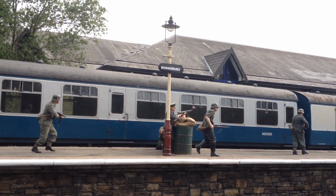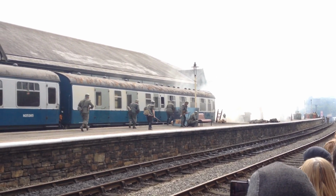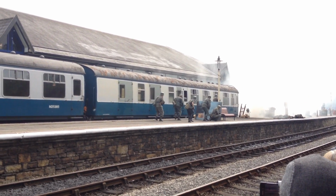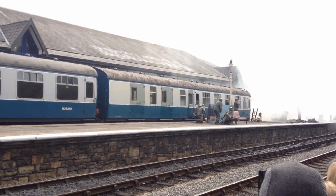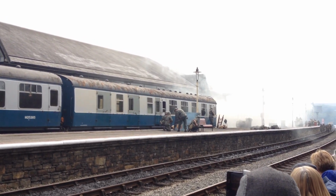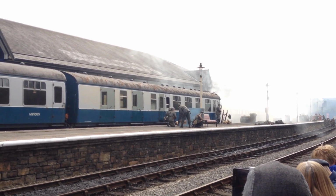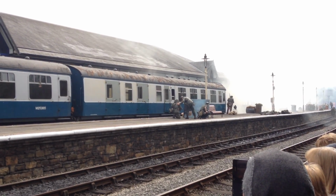Now these are Americans from the 82nd Airborne, a very, very famous division, and a division is like an army in itself. Now these guys would have landed by glider and parachute in Normandy, in the French Bocage countryside, and fought their way across Europe, the Low Countries, Belgium and the Netherlands, right into the